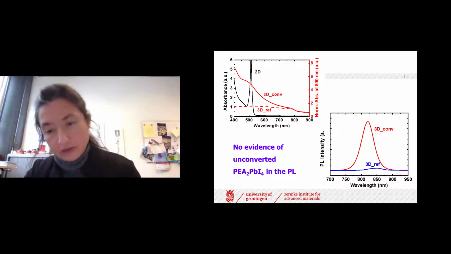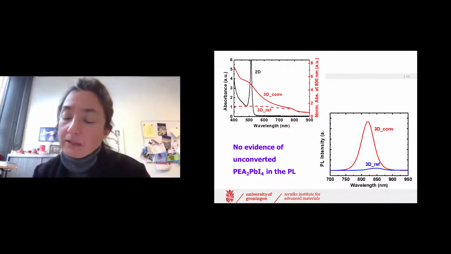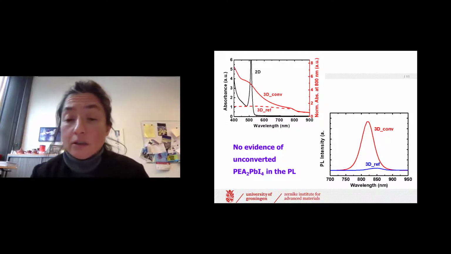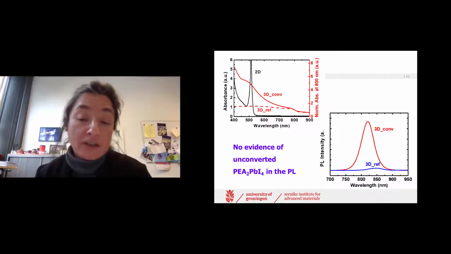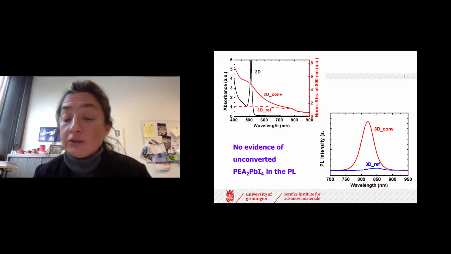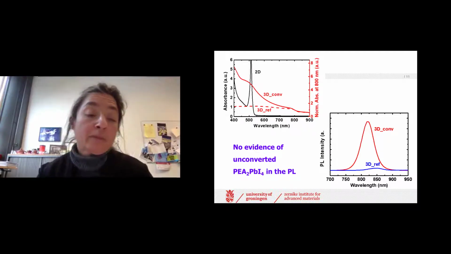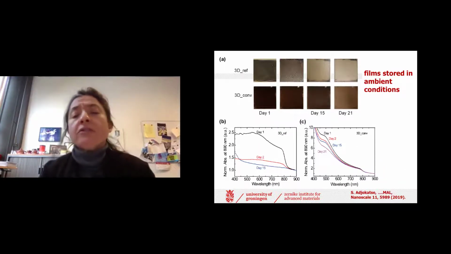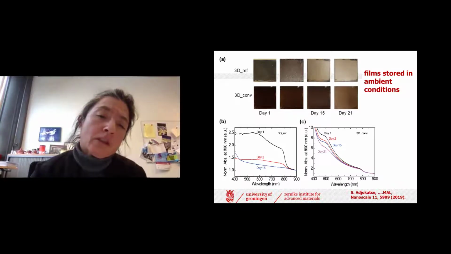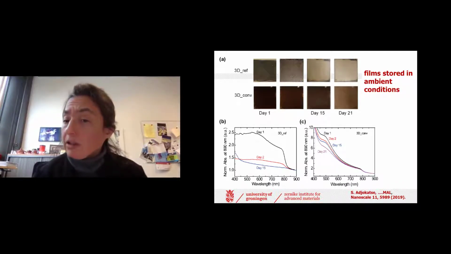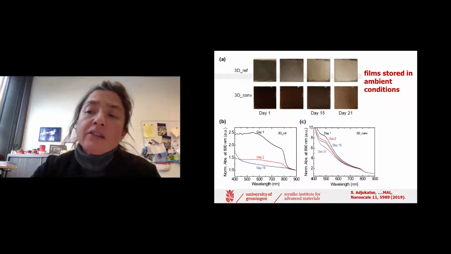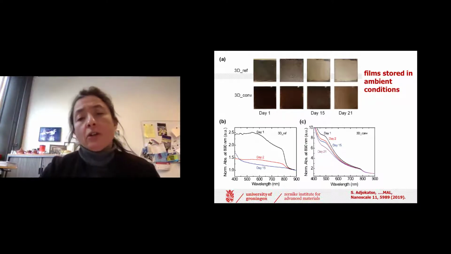What is interesting also is that the converted sample, with respect to the reference sample, is in general very high quality. Not only is it much more oriented crystallographically, but it also has much stronger photoluminescence intensity, also an indication of the high quality of the sample. What is also interesting is that the converted samples are more stable in ambient conditions than the reference sample. And this is actually understandable because